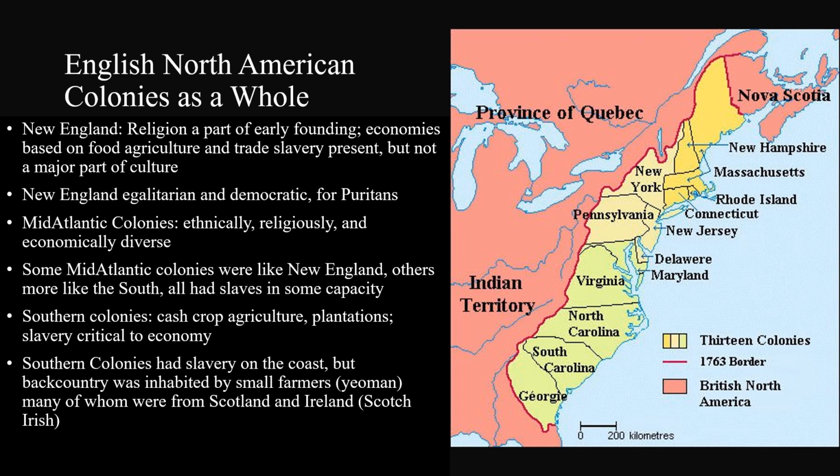There was less unfree labor. There was a lot of upward economic mobility, less wealth inequality than other areas, and a relative amount of democracy if you were the right religion. If you were a Puritan in Massachusetts Bay or Connecticut, you would have political rights if you were a Puritan and male. In the mid-Atlantic colonies, there's a lot of ethnic and religious and economic diversity because you have